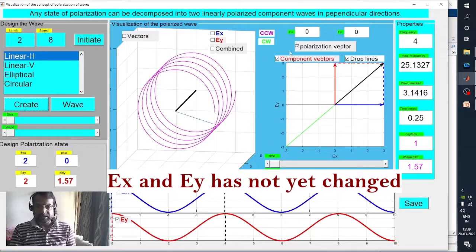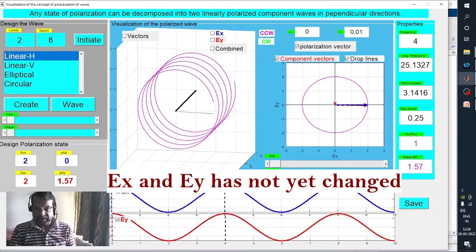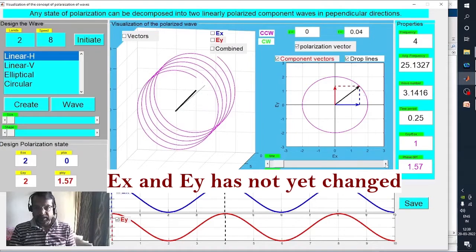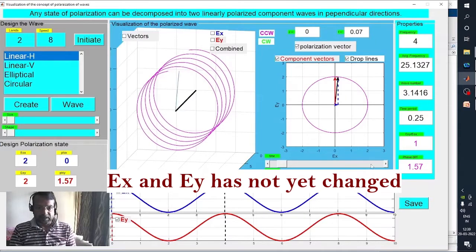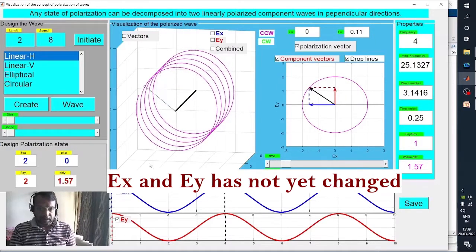It is a circle. As you can see, the circle is in magenta color, which means it is counterclockwise. This is the resultant wave, and as a function of time, this is the time slider. It is moving counterclockwise, and here you can observe this line with respect to this line. It gives a sense of